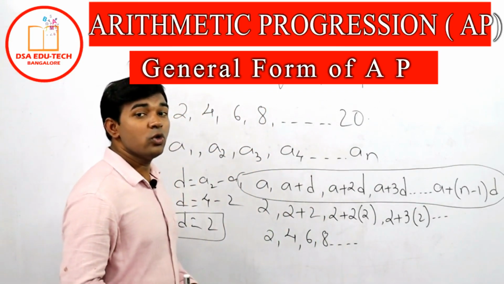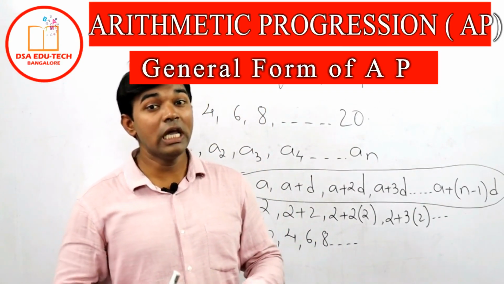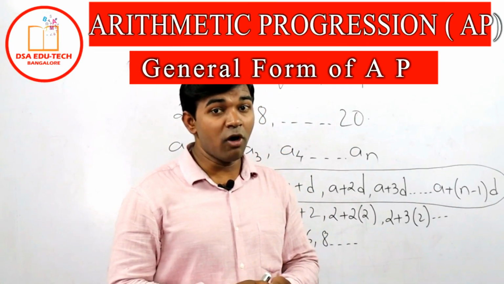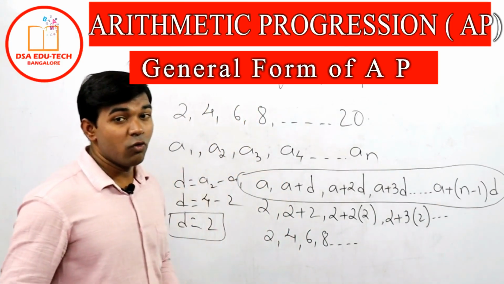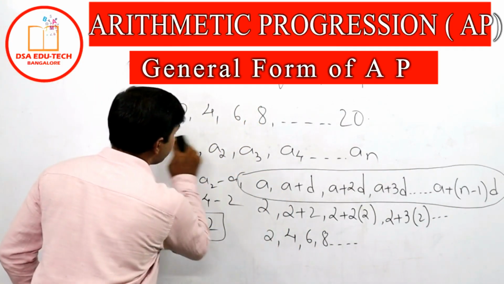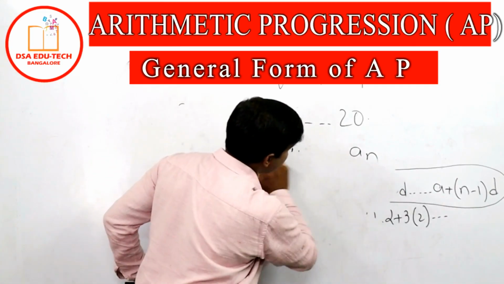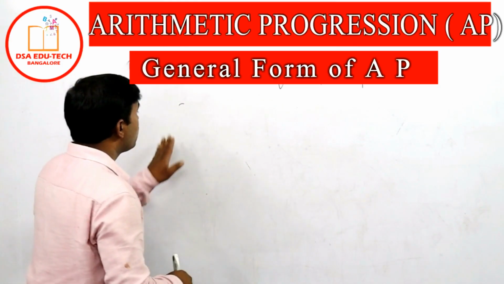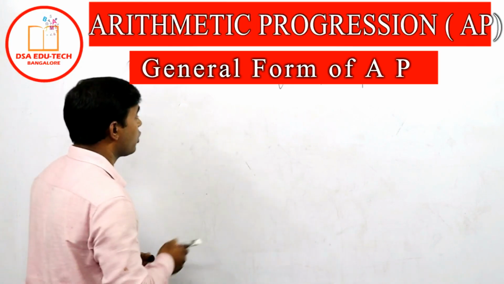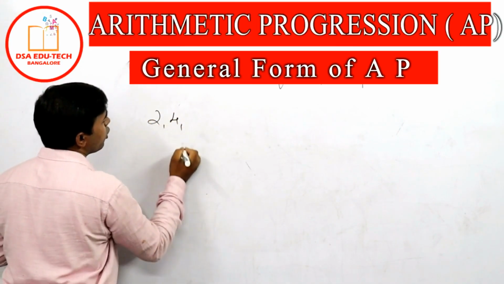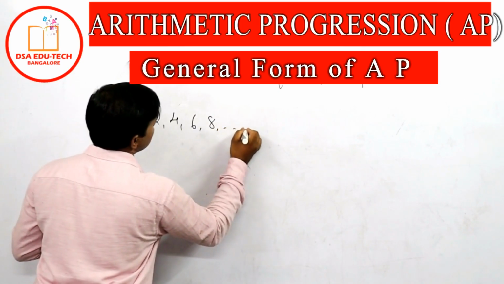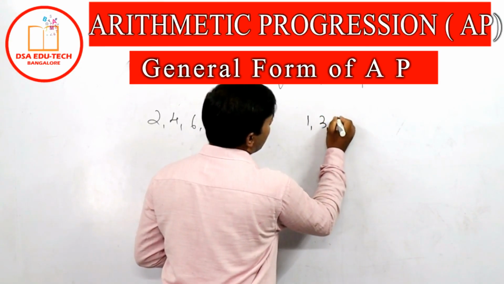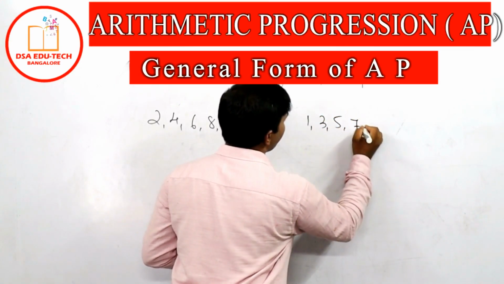Now before going to the last explanation with respect to the concept, there are two types of AP series. There are two types of AP series. So let me rub the board. One minute, my dear. So as I told you, there are two types of series. Let me write that. For example, I will write 2 comma 4 comma 6 comma 8 comma so on, and I will write one more series: 1 comma 3 comma 5 comma 7 and full stop, right?